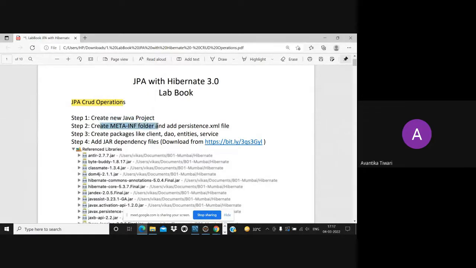If the META-INF folder where the persistence.xml file is present is not coming automatically, you need to create one and add this XML file inside it, which contains your details related to the database: which URL, which ID, which database, which password you are using for connecting to the database.